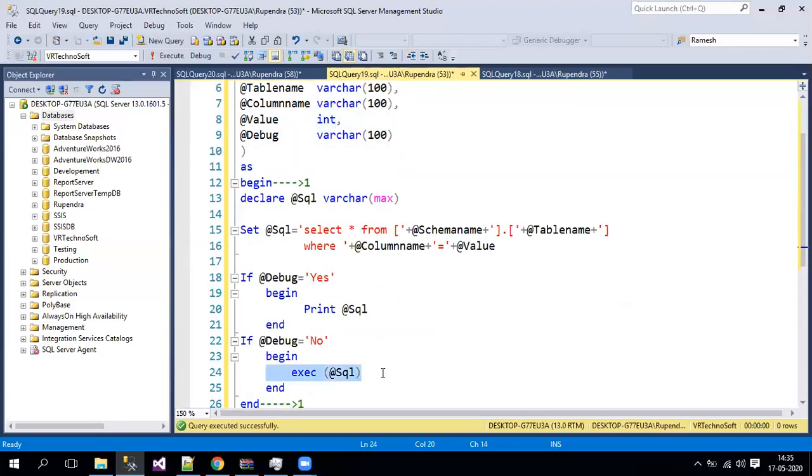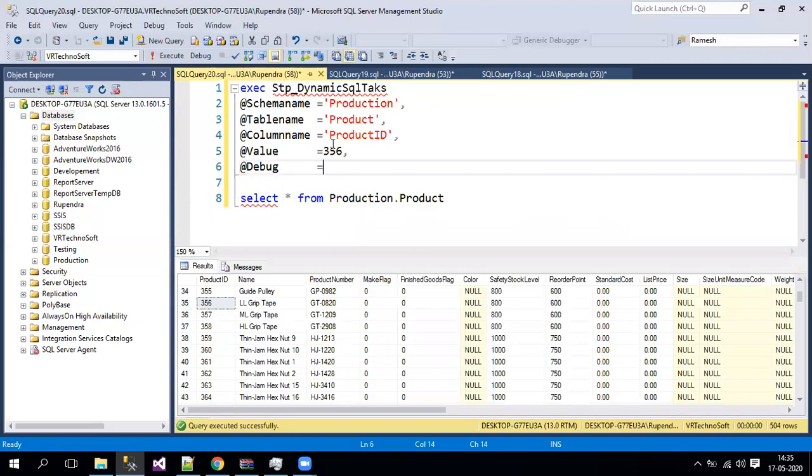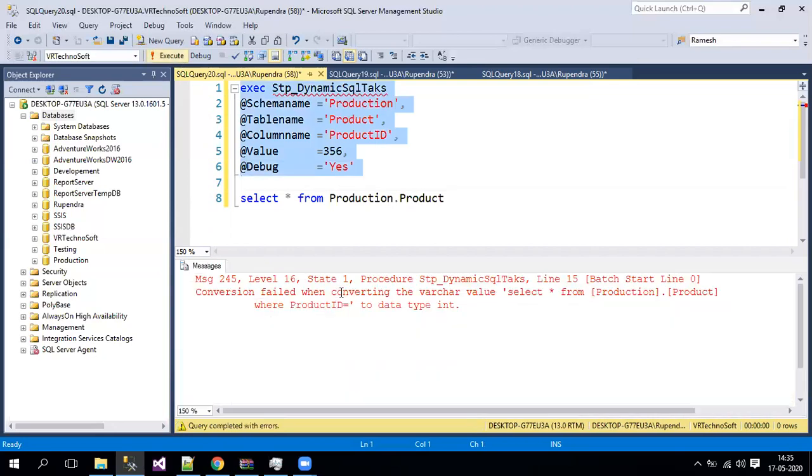I don't want to execute my stored procedure with this EXEC command. I just want to print my statement to see whether I have written it properly, because it is a simple query, it might be right. If it is a very complex query, sometimes we may miss the single quotes, so your query will not be proper and it won't get executed; it will keep on throwing errors. So it's always better to go for a print statement. It makes debugging easier. I'm debugging it, not executing. So now it is saying conversion failed when converting varchar value.